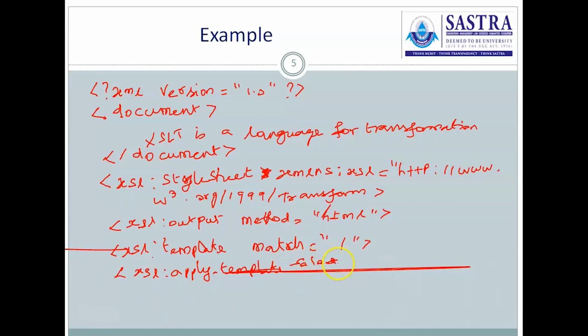select equal to document, because I am having a document element here, so that document. I want to apply this template in the document. After that, close this, the XSL template has been closed, and then we need to write a template for document,